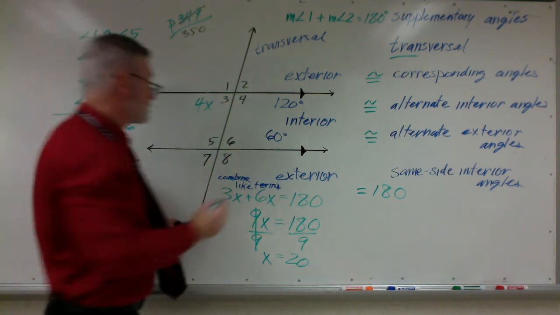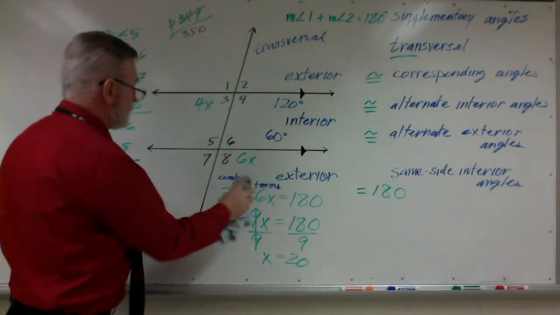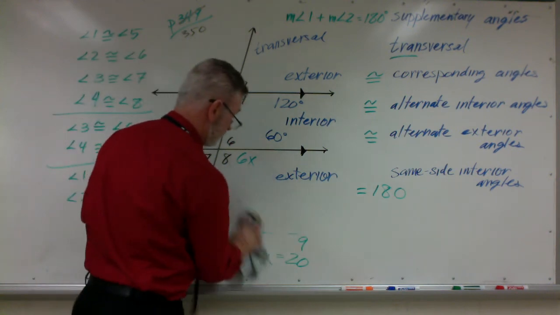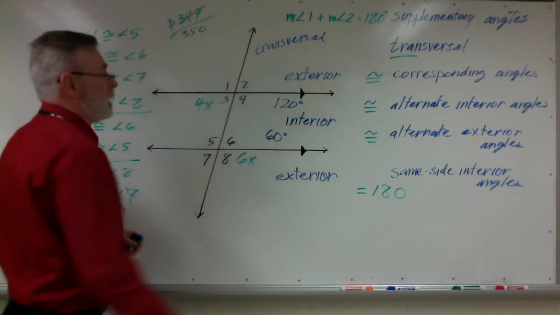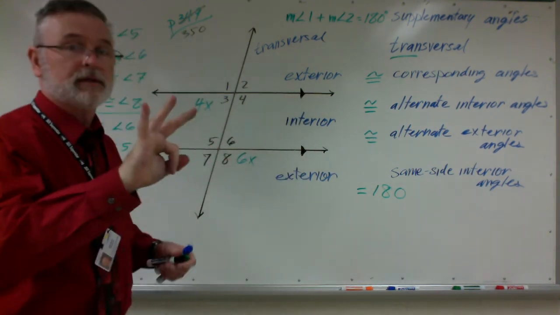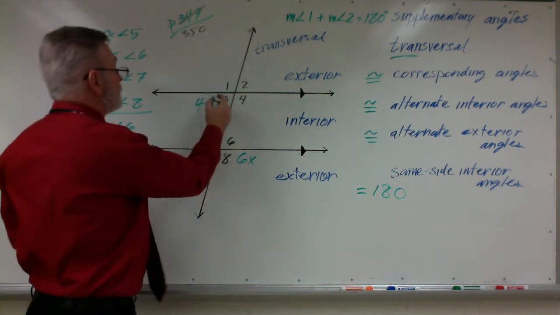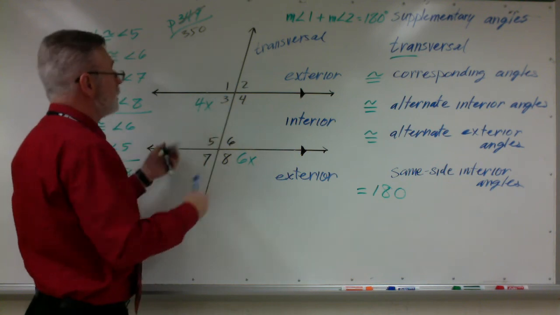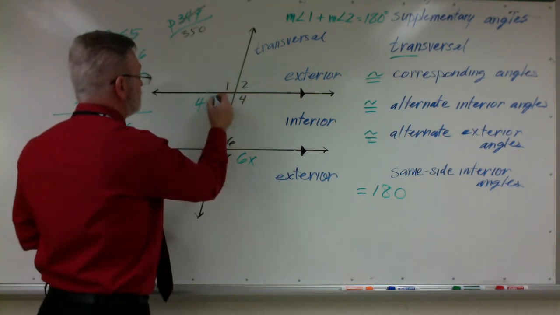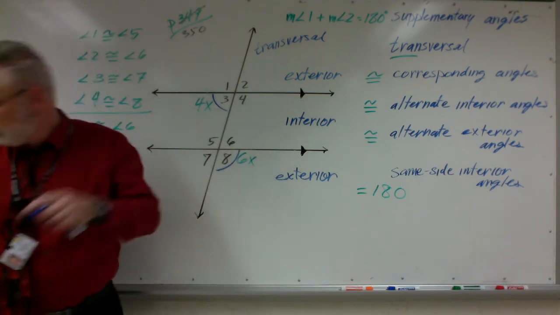4x and 6x is over here. And let's get rid of this other garbage. What do we want to know? Well, we want to know 3 things. We want to know the measure. We want to know this angle right here. We want to know this angle. We want to know this angle. And then we want to know